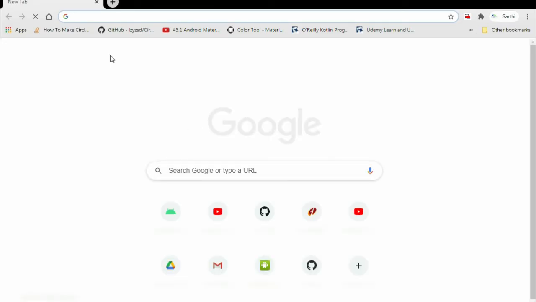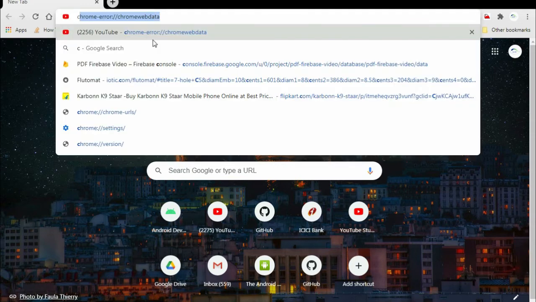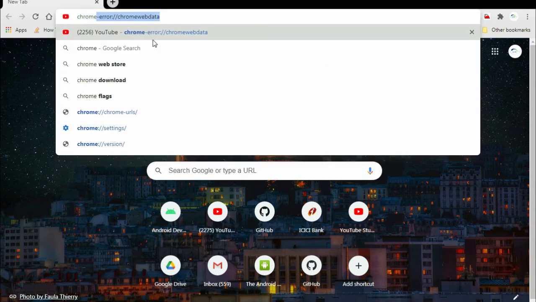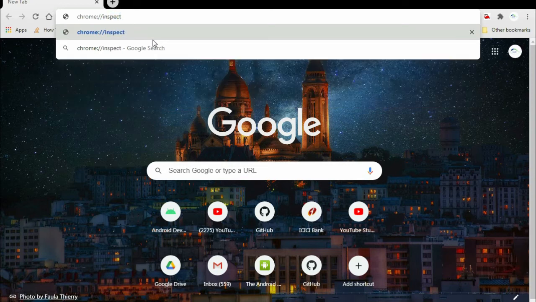After opening it, just type chrome://inspect, then press enter.